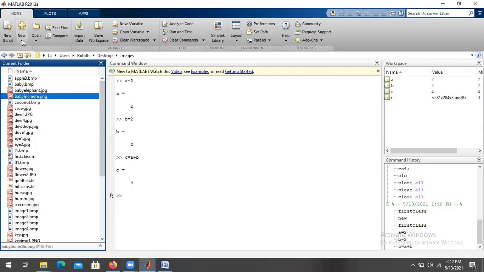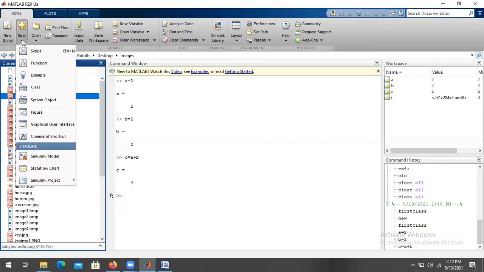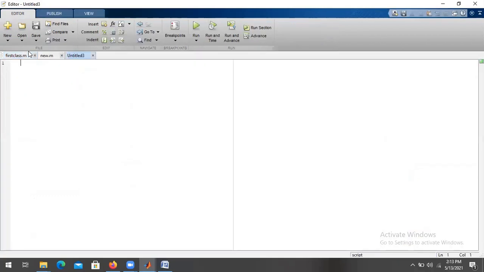If you want to create a command script, these are the new files; if you want to create a new MATLAB file, you can go with this. So here, students, when writing a program, we generally start with clc, clear all. Even semicolons are not mandatory. It's all up to you. You can go with the semicolons, or if not, it also works.